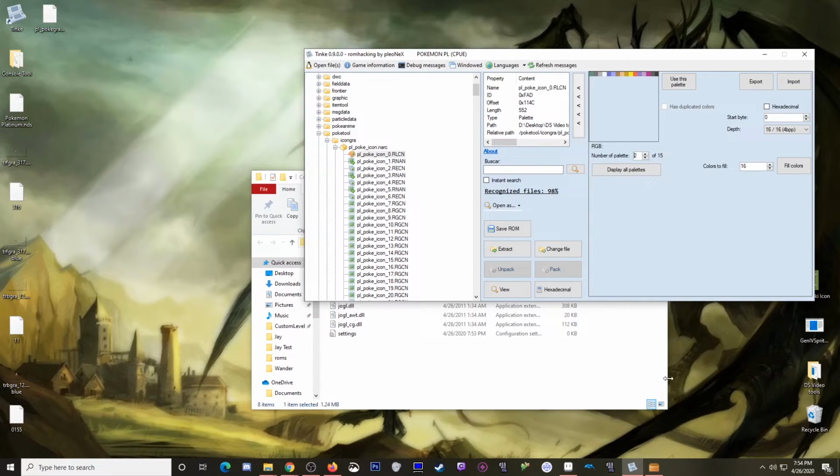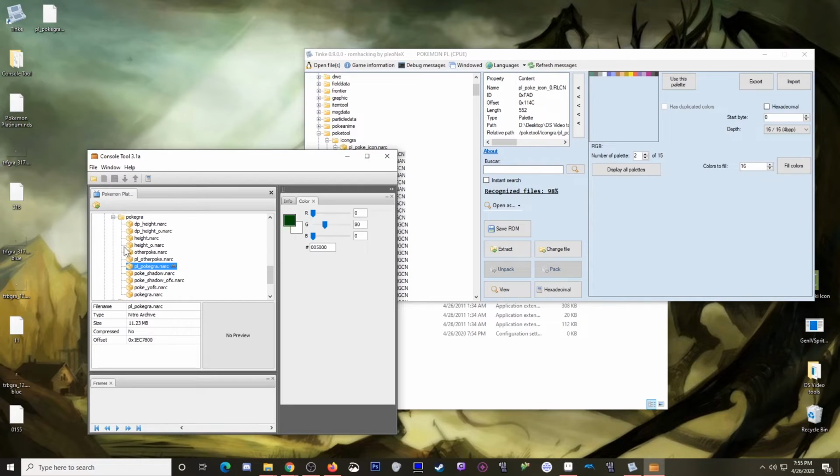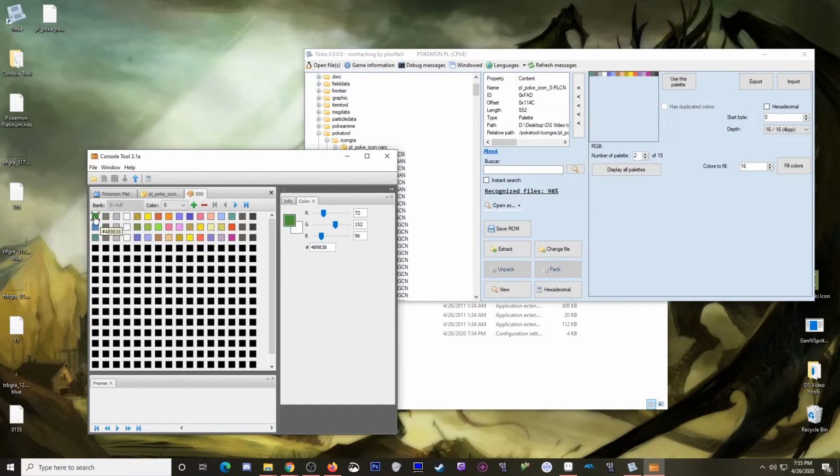So I can come into Console Tool, close down all of these things I don't need, also open up the icon graphic, like so, and it would just be this one. And this is a little different because really what this is, is a big palette with just 3 lines, and it just has coding to say which of the lines it should use. So I can go to file,